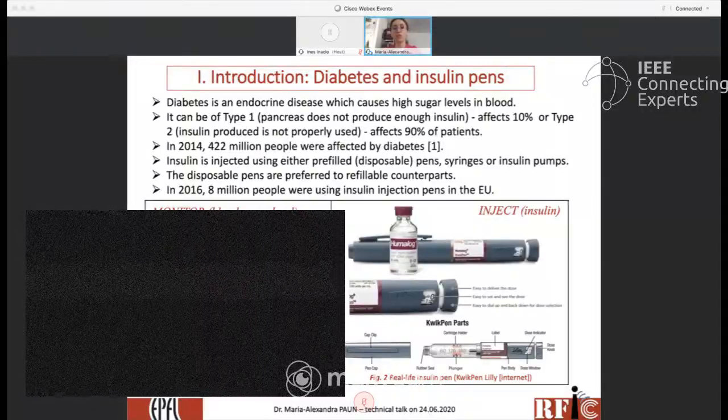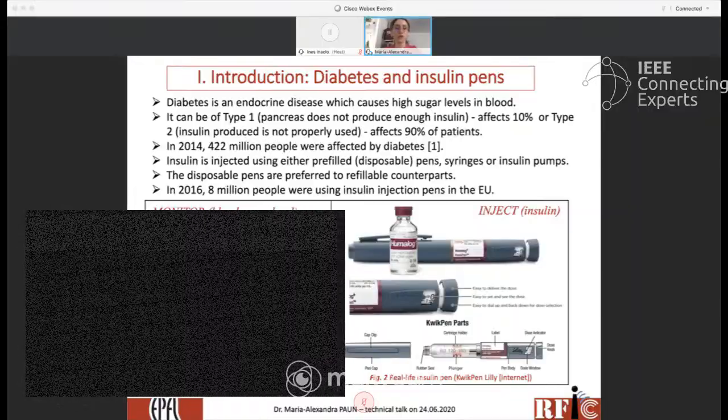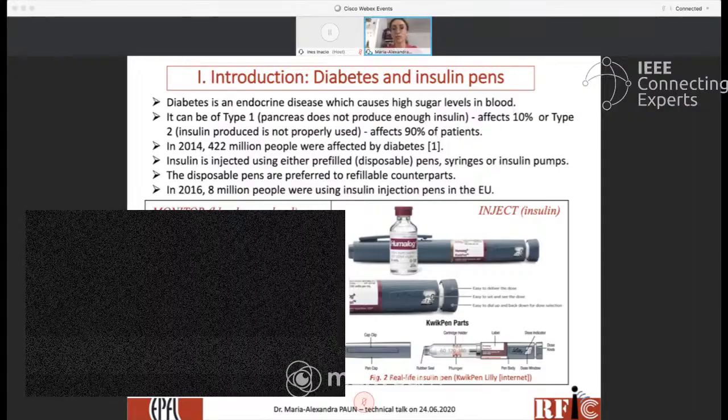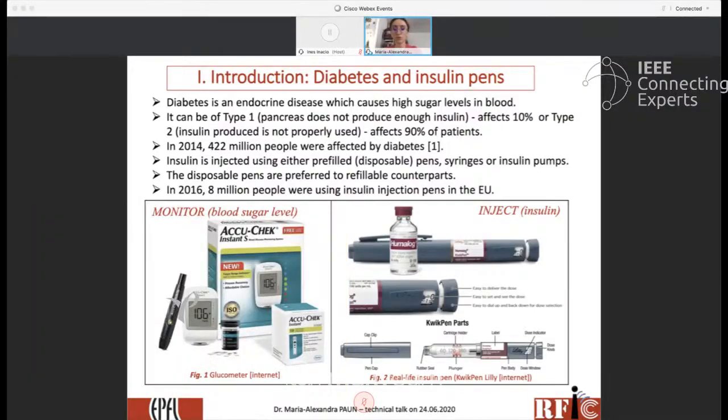But I'll spend a few words, of course, again mentioning what diabetes is and what type of methods are being used to address this issue. Approximately 463 million people are affected by diabetes. It was actually in 2016 the 6th most deadly disease in the world. So that's quite a lot of deaths being attributed to diabetes. It can be of type 1 when the pancreas does not produce enough